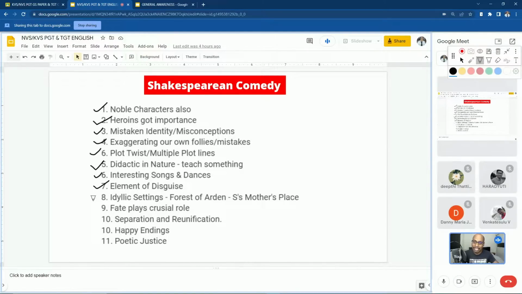Then there is one very important place in the Shakespearean comedy where the characters are changed. Bad people become good people, and those evil characters turn into very noble characters. These things are part of Shakespearean comedy only, not Shakespearean tragedy. Claudius remains Claudius, Hamlet remained Hamlet till the end of the play, and all were killed in the Shakespearean tragedy. Whereas in Shakespearean comedies, even the evil characters, bad characters, also change into good people at the end of